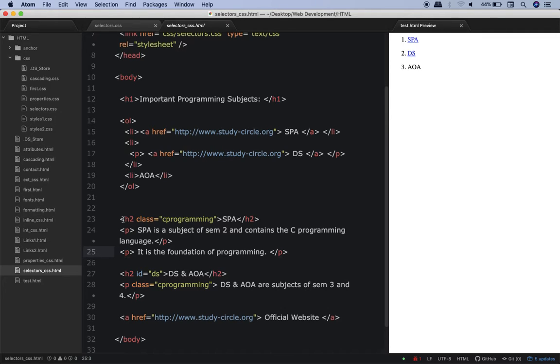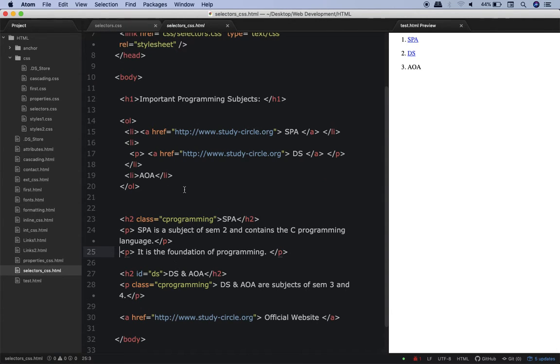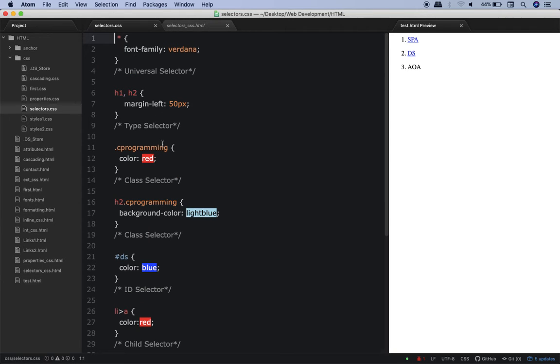So until here, what we did is we studied the concept of child, the concept of descendant, the concept of adjacent sibling, the concept of general sibling, and we also saw what a class is and what an ID is. I have not yet taught you the selectors here. My advice to you would be that if you did not understand child, descendant and these things, then watch this part of the video once again and only then come over here.